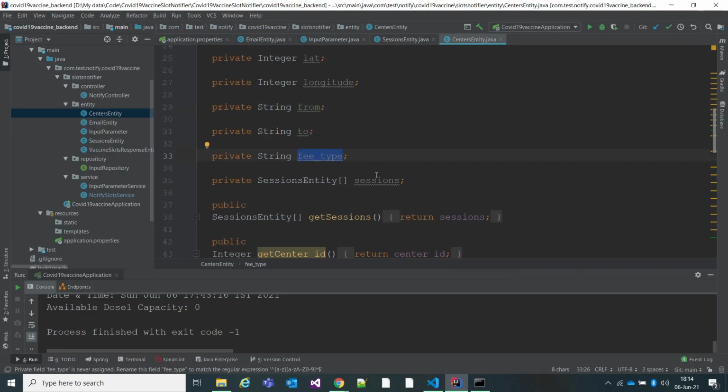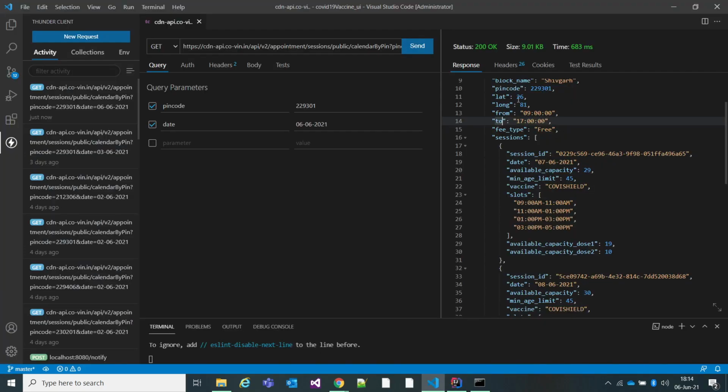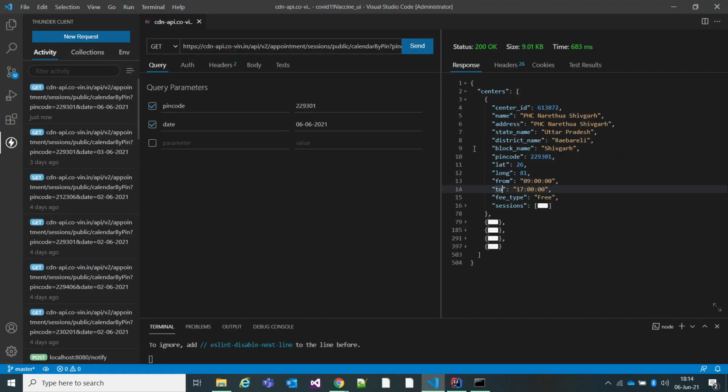What is the fee type? Is it free or paid? And then the session entity object as an array, because one center has multiple sessions.